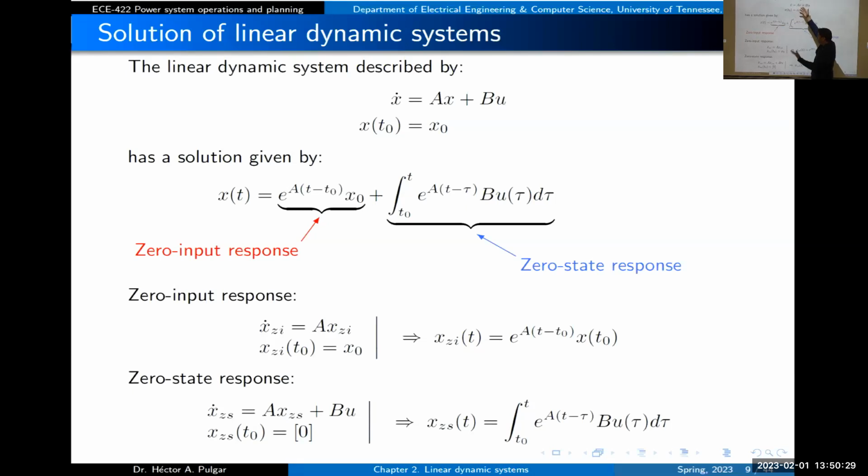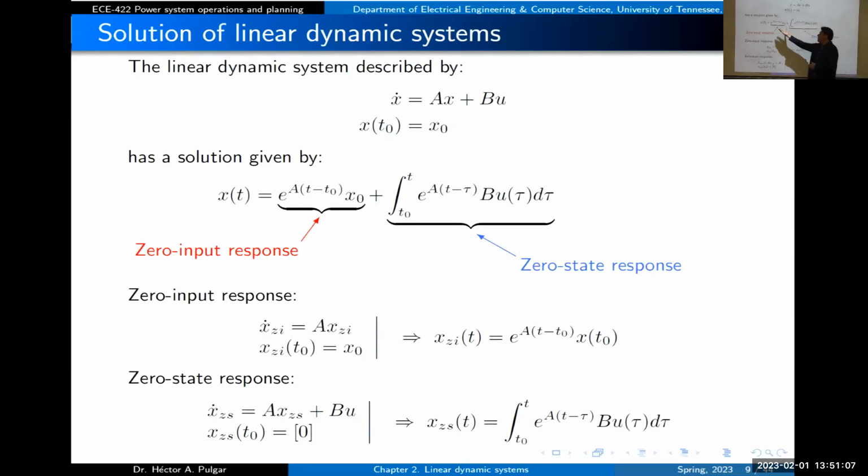We have a matrix equation here, and the matrix solution for that system is given here. So you see this exponential term. This is not a scalar equation, but this is the exponential of a matrix. And here you will have a vector with a component of the solution for each one of the state variables that we have in this vector. And here you see an integral, but again, this is a multiplication of vectors and matrices. But the integral of this will give you another vector in time, and that is the second part of this